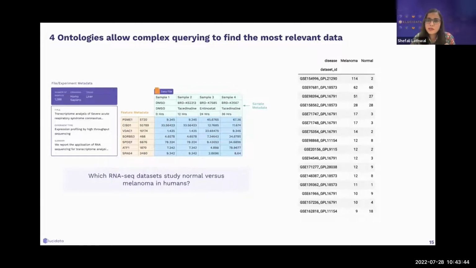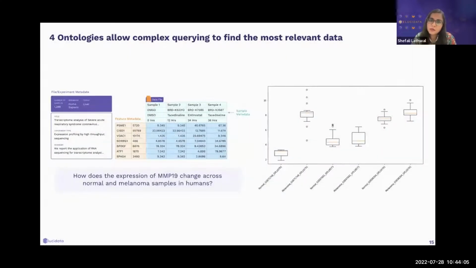So what we are doing here is that we are looking at disease metadata for each sample, but we're also looking at the experiment metadata for organisms as well as data type. And we can use these queries to generate a list of data sets that actually do a normal versus disease sample comparison. We can go even deeper and query across all different types of metadata that we have, the experiments,